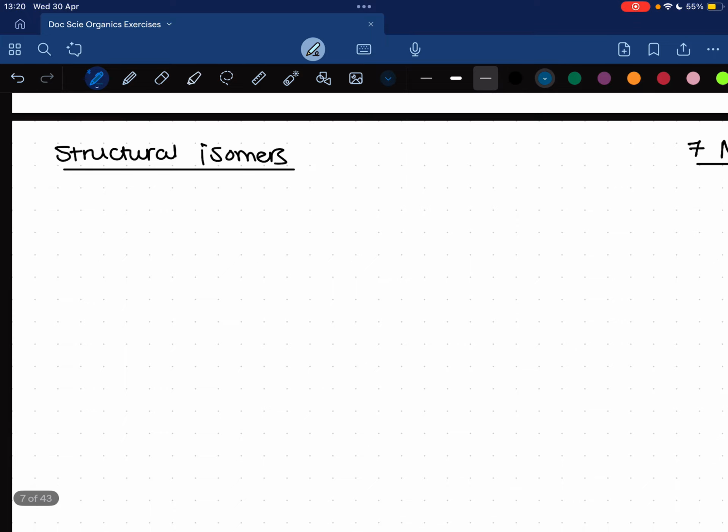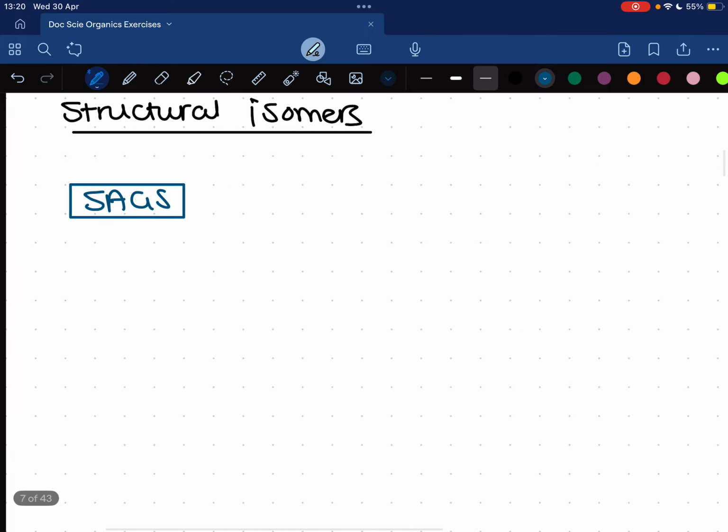This is a SAG's definition that you have to know. So the SAG's definition defines a structural isomer as